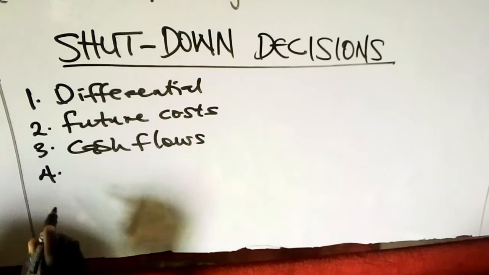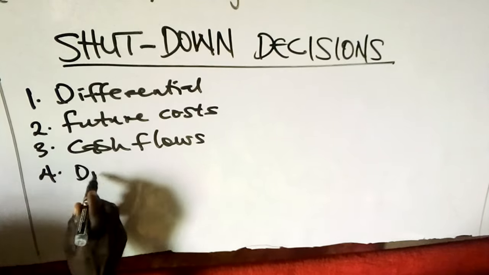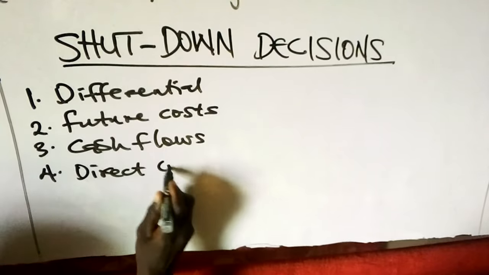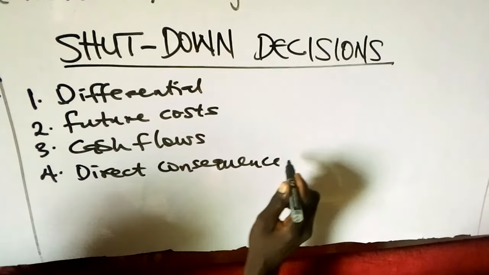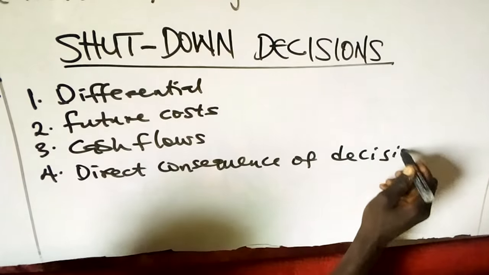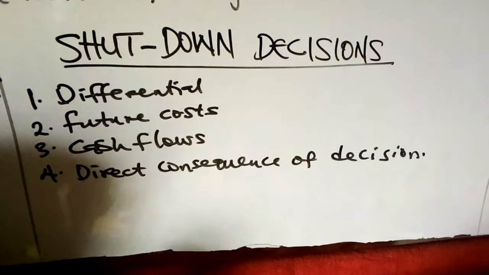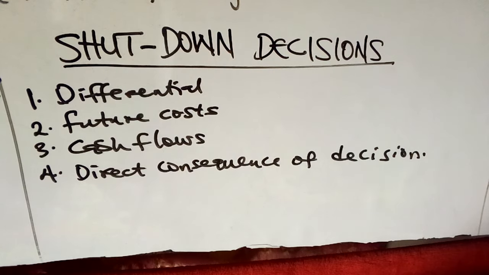Number four, direct consequence of decision. So I said relevant costs are differential future cash flows that arise in direct consequence of